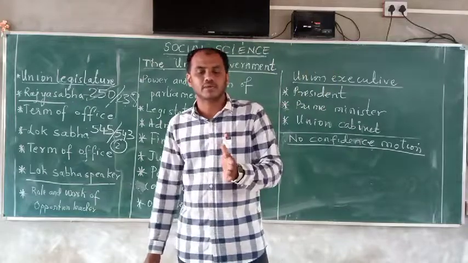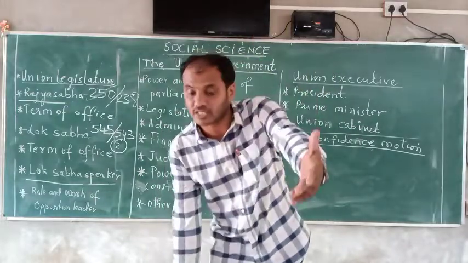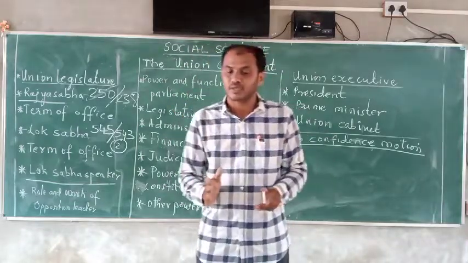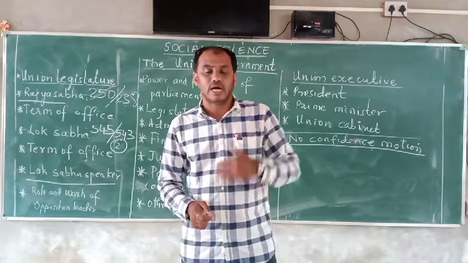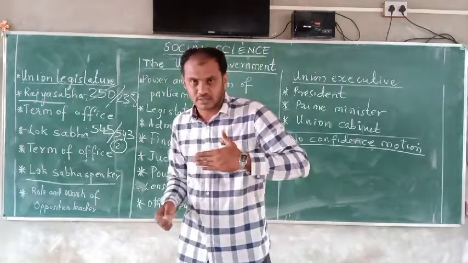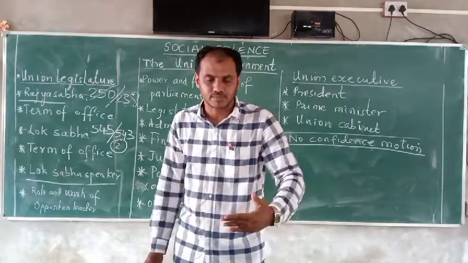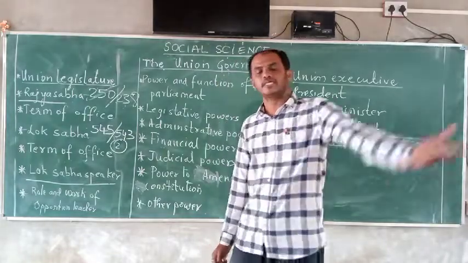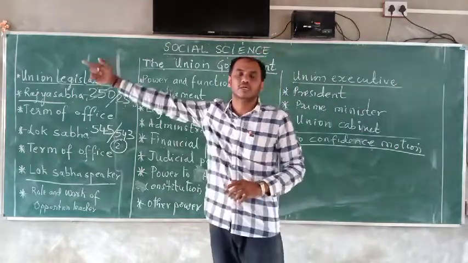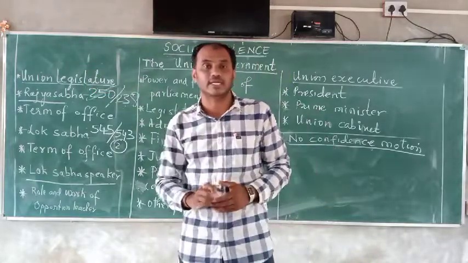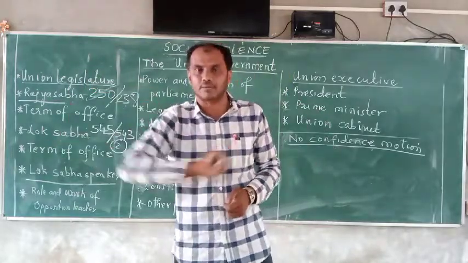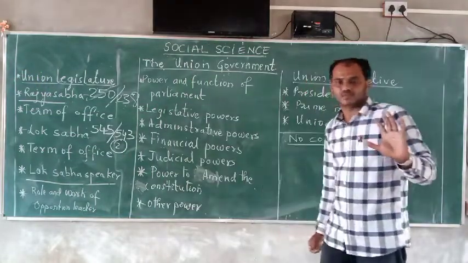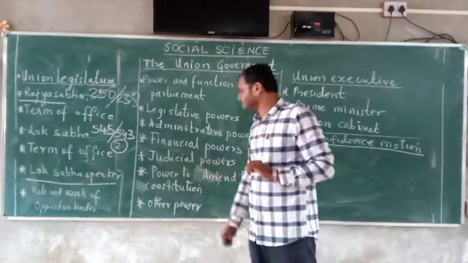After being passed by the Lok Sabha, the bill goes to the Rajya Sabha for discussion. The Rajya Sabha can give certain suggestions and directions, and also delay. And if the Rajya Sabha delays the financial bill for more than 14 days, it is deemed to have given its consent, and the bill is sent to the president. After the signature of the president, it will become a law. It means it has been approved.